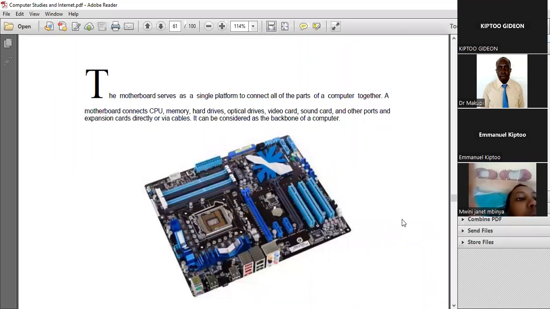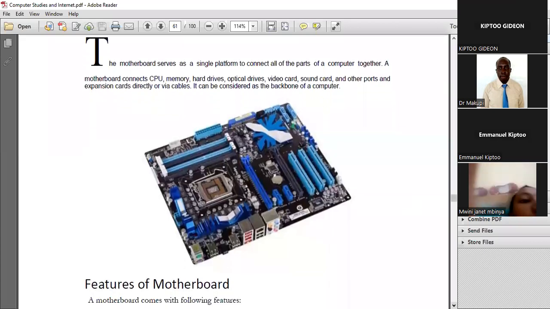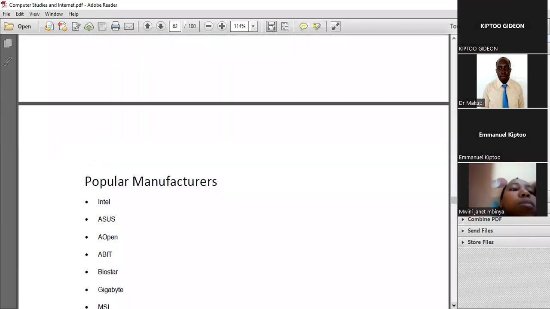Now, again, you need to understand that these motherboards come from different manufacturers. And whenever I'm replacing components of a computer, I need to be cognizant of the manufacturer, whether it is an Asus machine or an HP, then it means that the components need to be compliant with that manufacturer so that the RAM chip can fit within the slots, considering that different manufacturers have different configurations on how their components appear so that they can fit within that particular machine. So you can read much on the motherboard,